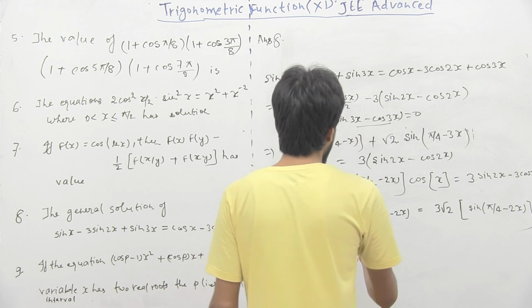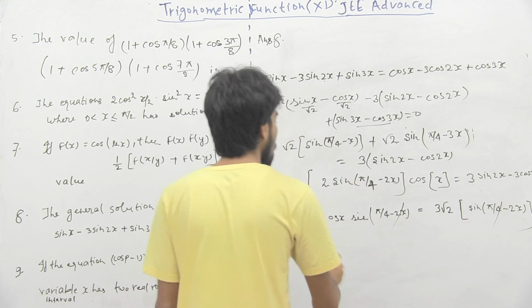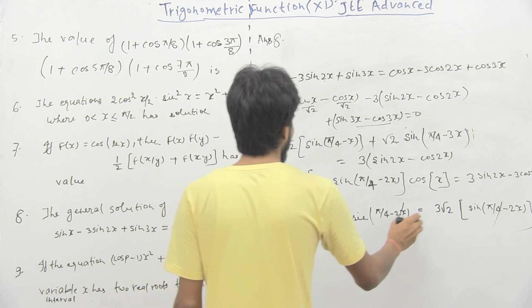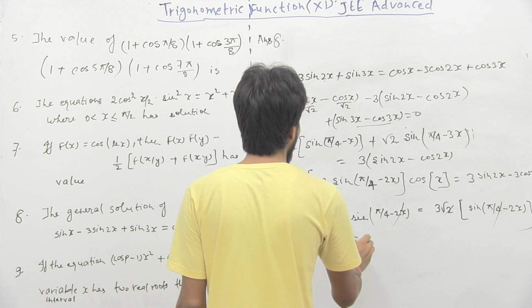So sine (pi by 4 minus 2x) will get cancelled on both sides, root 2 will also get cancelled, and we will have cos x equal to